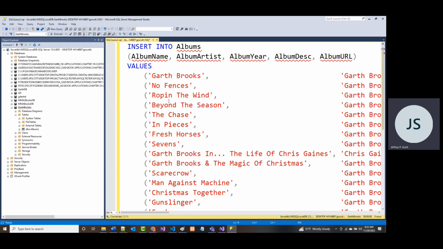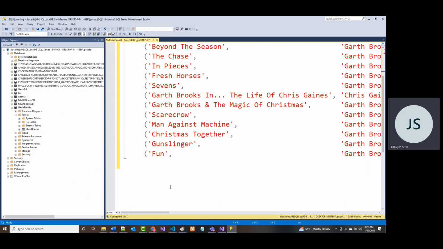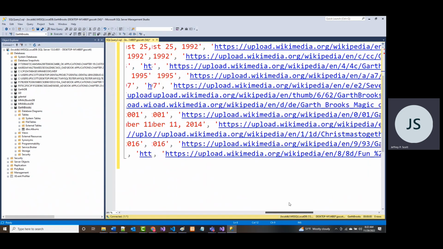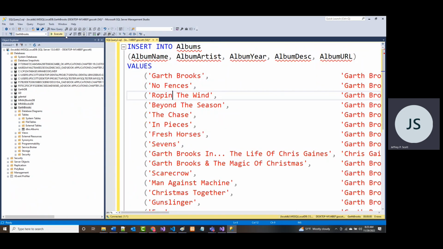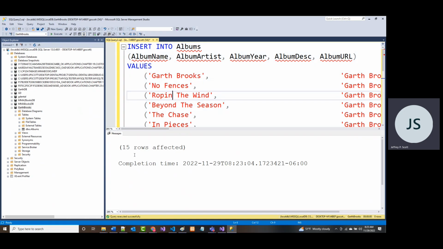One thing you cannot do is inside of single quotes, you can't put in another single quote. Notice what happens. It turned all that stuff black. But I really want to. I believe that if you put a backslash in, then you can put in a single quote. But it doesn't even seem to like that, so I just took any backslashes out. So this should put in those 15 records full of information. Again, to run that, I click the green button that says execute, and it says 15 rows affected. That's a good thing.